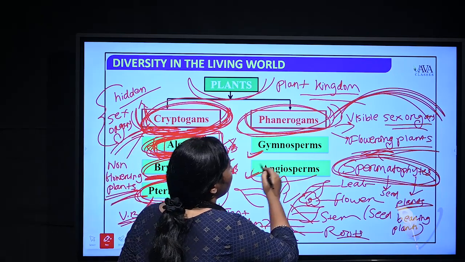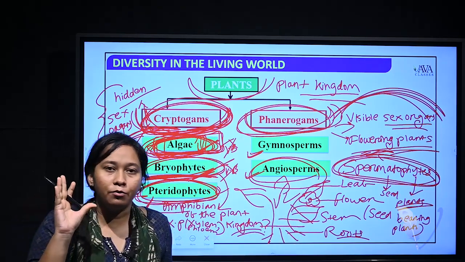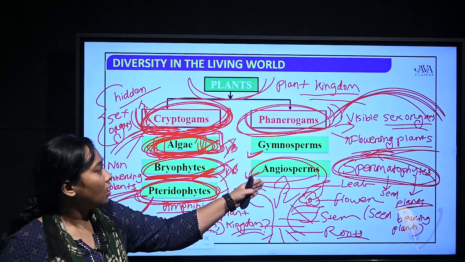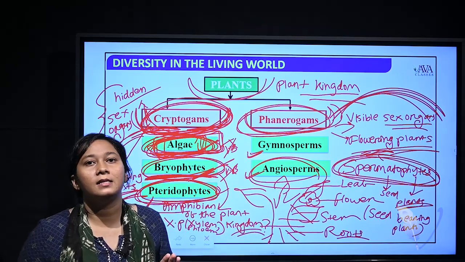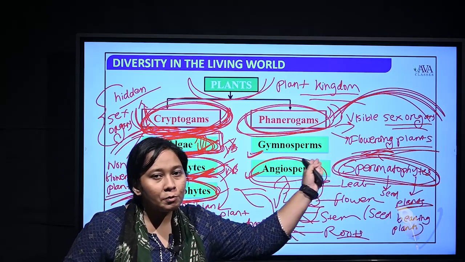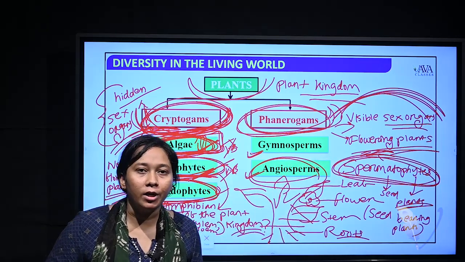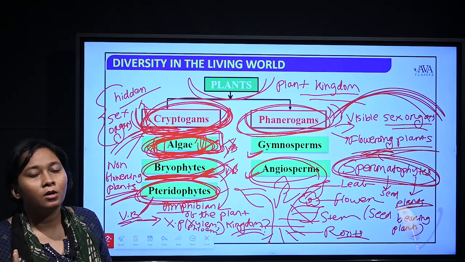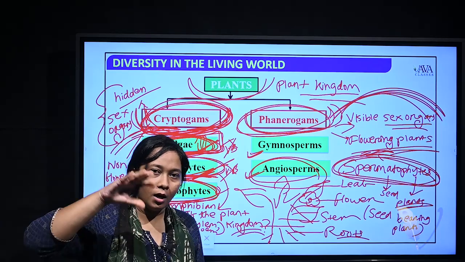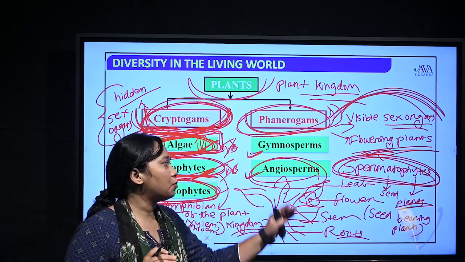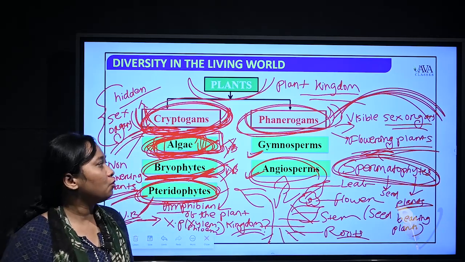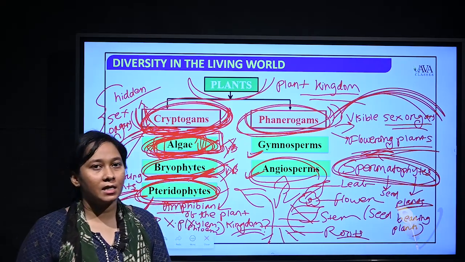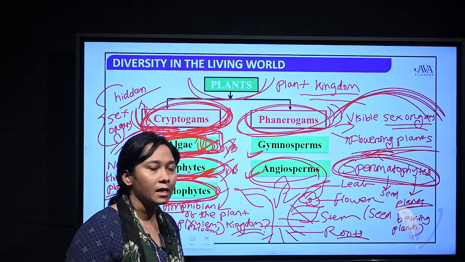But in angiosperm, whenever you see a fruit, it has a cover, right? Within those fruits we see the seeds. So here covered seeds are present and there naked seeds are present. That is why they are called gymnosperm and angiosperm. For example in mango, jamun, grapes, you see a cover around a seed. That is angiosperms and gymnosperms. They have visible sex organs. Clear?